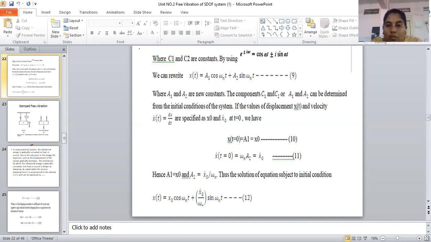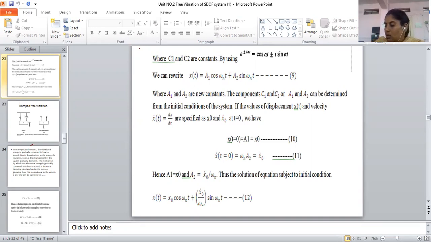Okay, if you have finished, now we can solve the quadratic equation, that is ms square plus cs plus k. So how to solve this quadratic equation? Can anyone please tell me if you know how to solve the quadratic equation? So what is the formula over there? Can anyone please tell me?